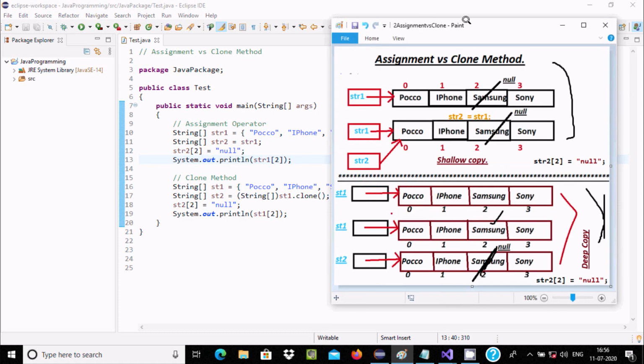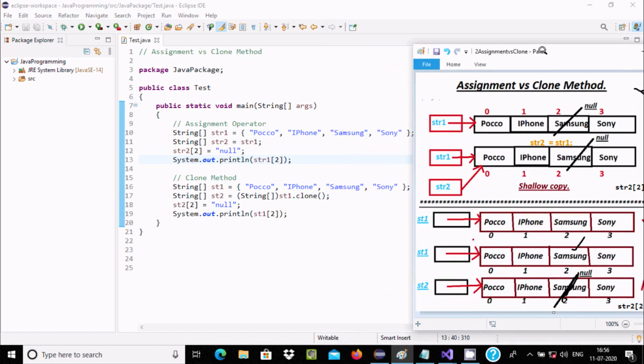Why the output comes like this, understand by picture. This is the assignment operator example, and here st1 is the value. Now the st1 value goes to st2, so st1 and st2 both refer to the same array element.